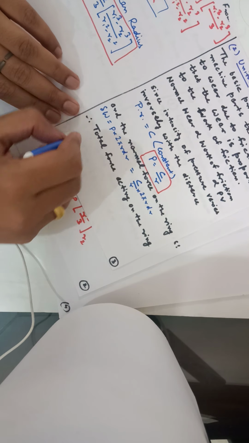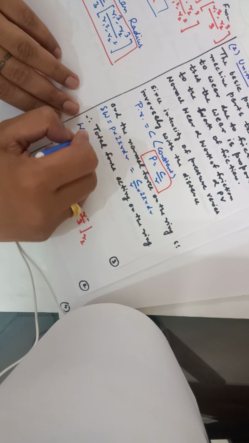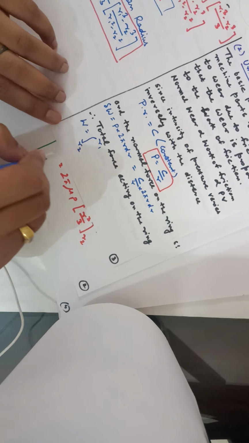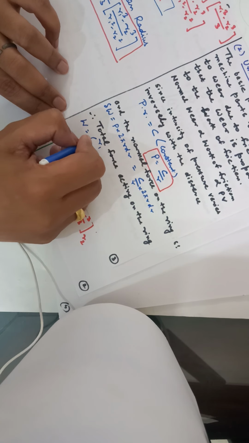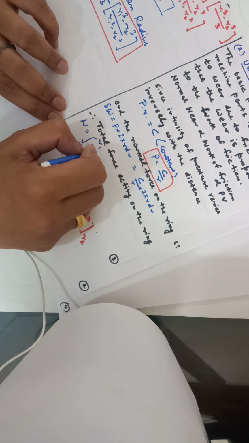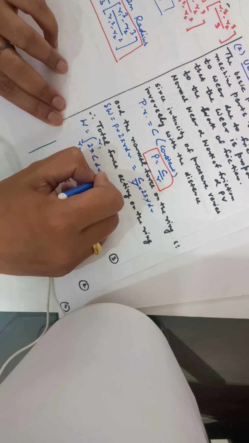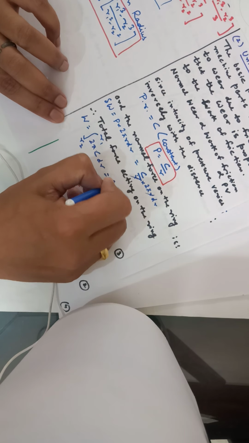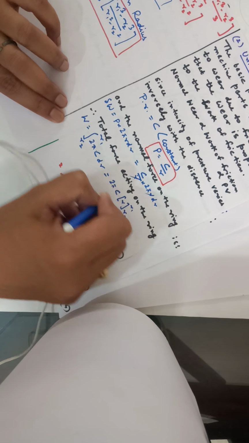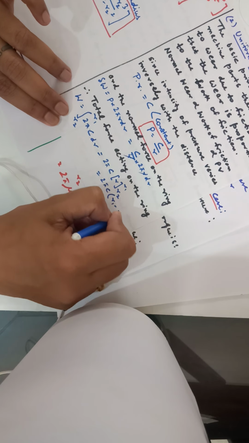Now let's find the total force. The total force will be found by integrating it from the lower limit to the higher limit, so this will be the integral from R2 to R1 of 2 pi C dr, as R will cancel out. So we will get 2 pi C into the integration, which gives 2 pi C (R1 minus R2).